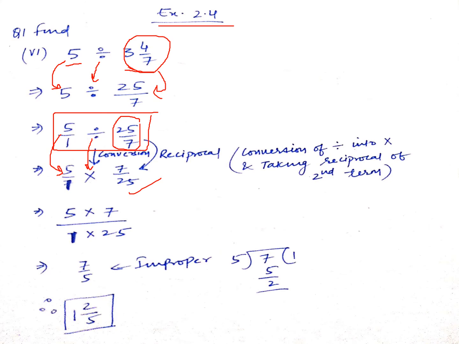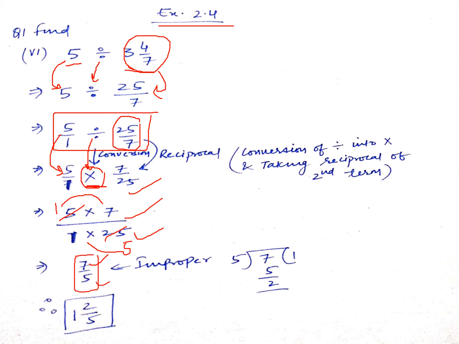If you observe, in between these two fractions the symbol is of multiplication. I have told you, if the symbol is of multiplication between two fractions, you can simplify it very easily. But if the symbol was plus, in that case you couldn't have cut these 5 and 25. But right now you can cut them as the symbol in between is multiplication. So 5 into 7, 1 into 25. Before multiplying them, I am going to simplify. 5 ones are 5, 5 fives are 25. So we have 1 seven is 7, 5 into 1 is 5. So the answer is 7 upon 5.